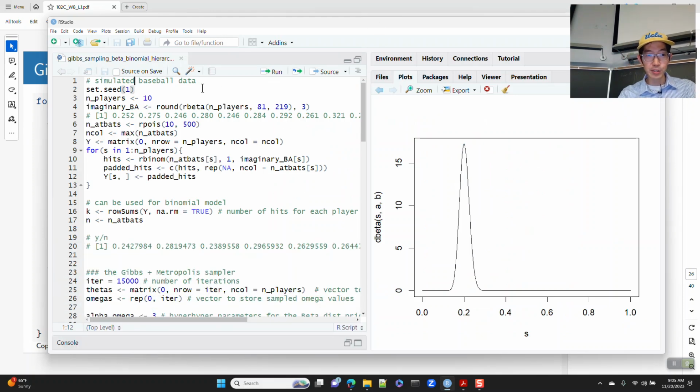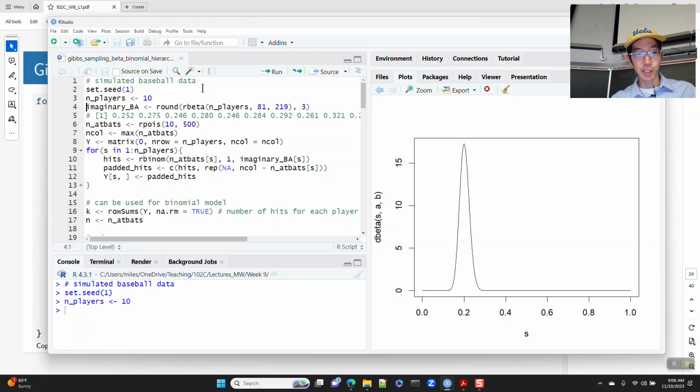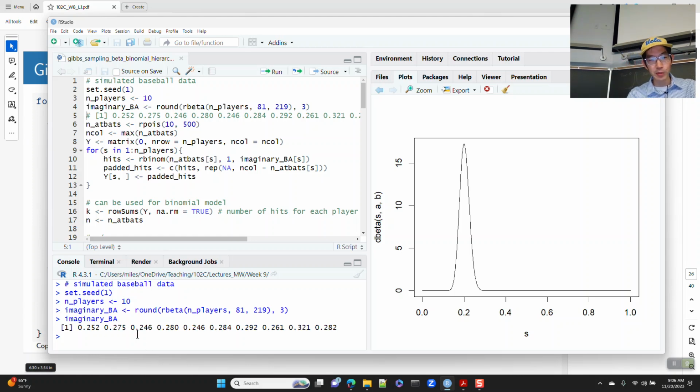All right, so first I'm going to generate some imaginary players. So this is our imaginary batting averages. We have 10 players, and some players' batting averages are lower and some are higher. So player 1's batting average is .252. Player 9 has a batting average of .321. Player 10 has a batting average of .282. Player 3 has a batting average of .246. Okay,